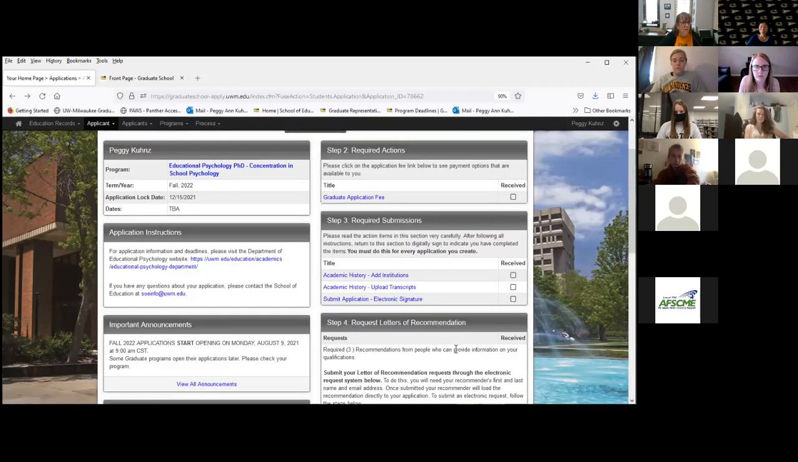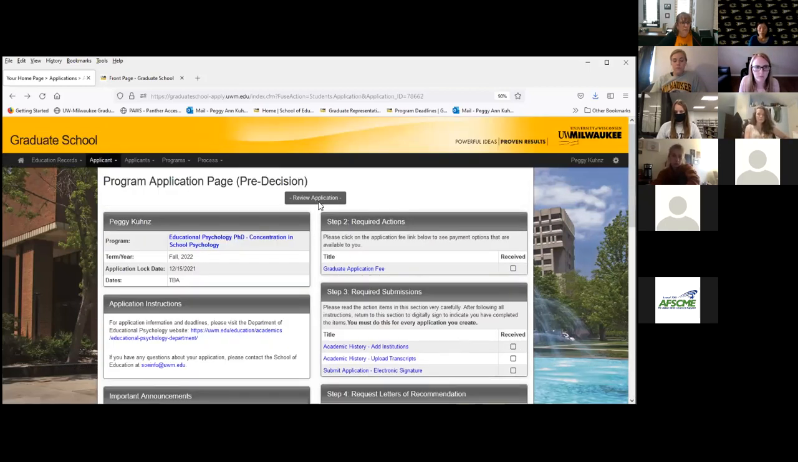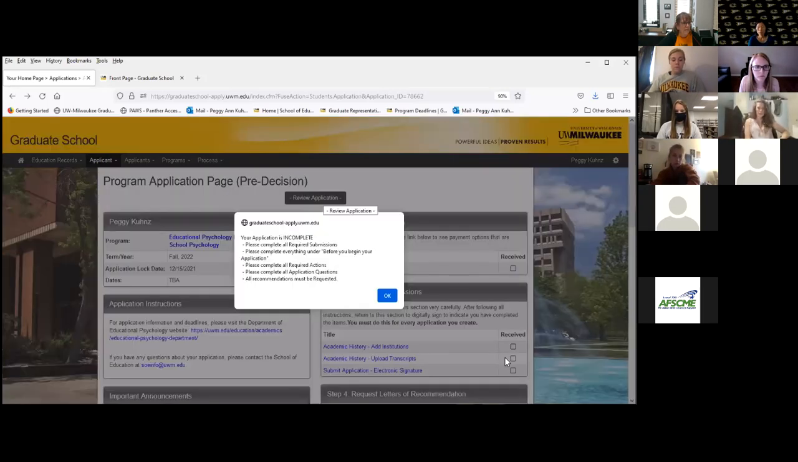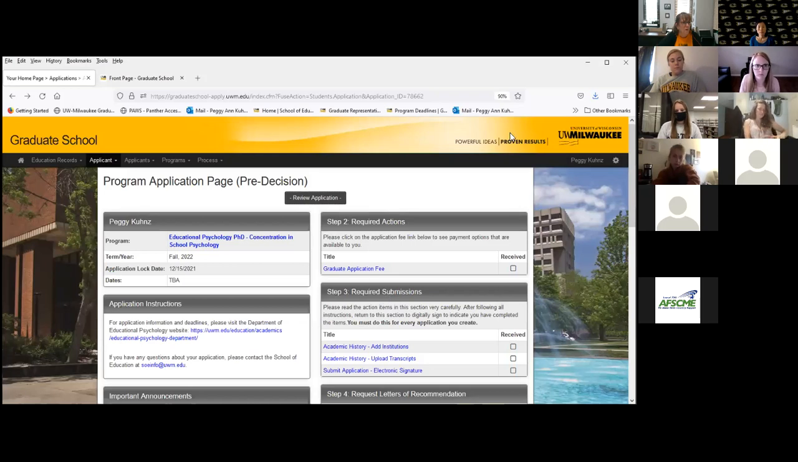These will eventually be marked ready for review, and the reviewers will be able to see at any time anything that you have submitted to this application. When you go back into this at any time, you can hit review application and it will tell you if it is complete. Make sure that you are checking this on a regular basis. You might think it's totally complete. This will tell you exactly what you need to complete before your application is complete and can be marked ready for review. So that is how you complete